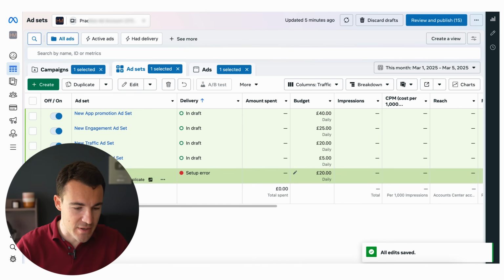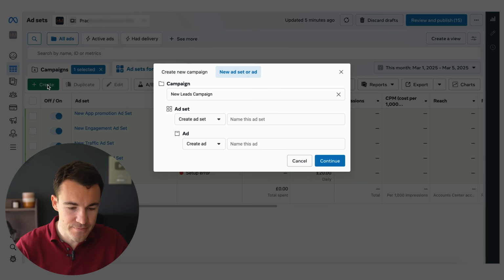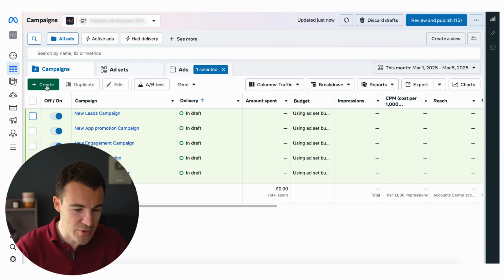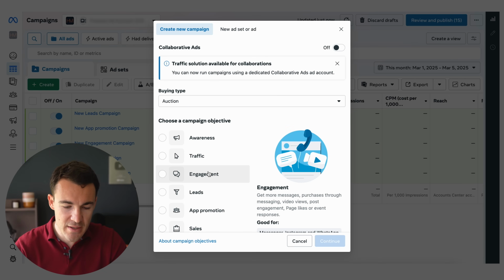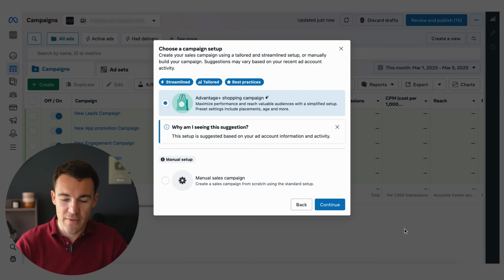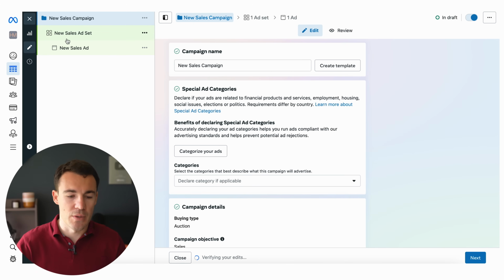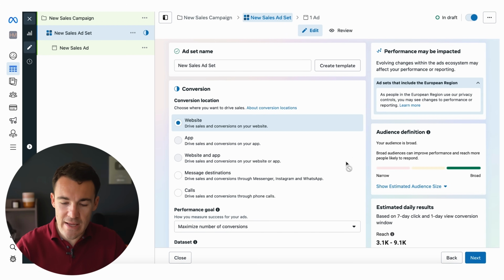Right, let's minimize that down and then let's talk about the final campaign objective. So if I go ahead and create a new campaign and select sales, then come in here, again, we're going to use manual so I can talk through the options. Then I'm going to jump to the ad set level. And here we've got